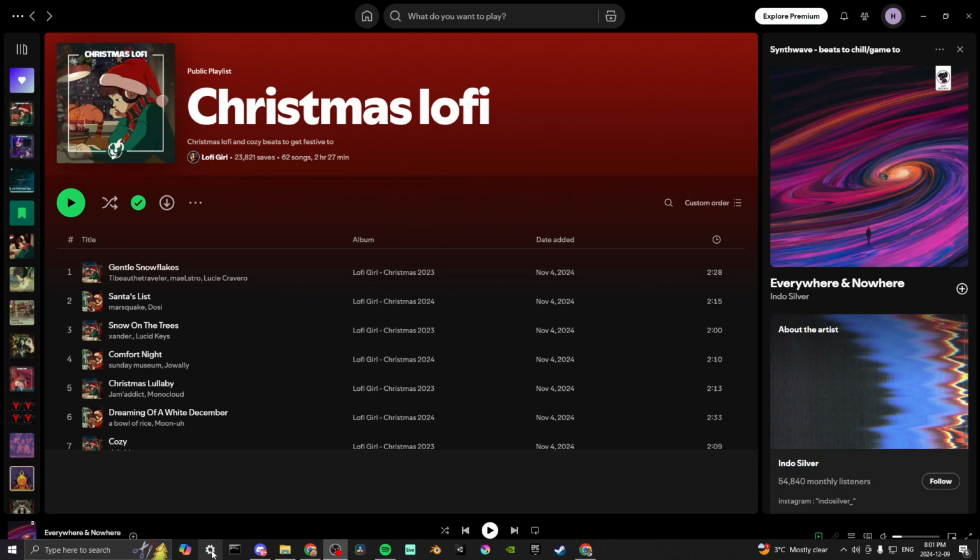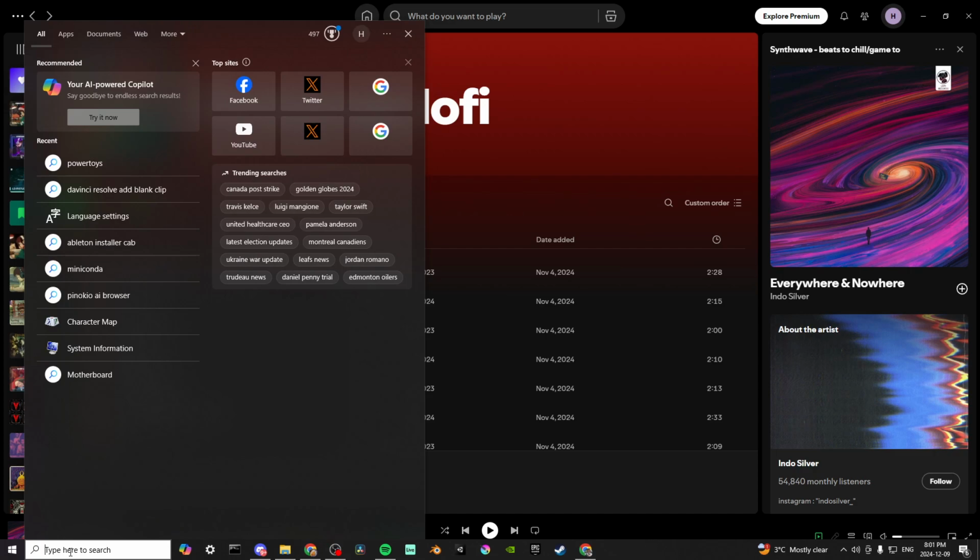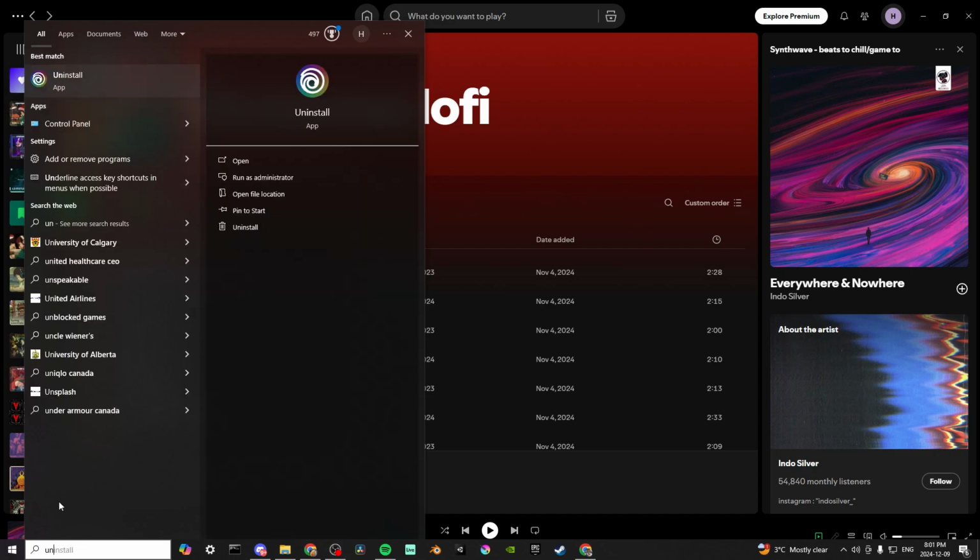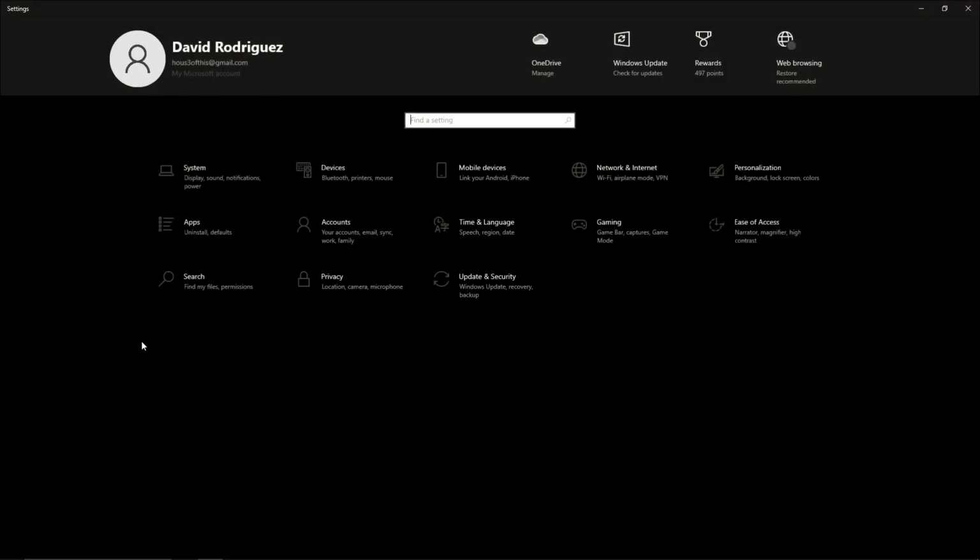your taskbar here, then you can click on this gear. Otherwise, you can go into the search and you can just type in uninstall. And if you do so, then you should see the option here to add or remove programs. We'll go ahead and click on the cog here, and that's going to bring up our